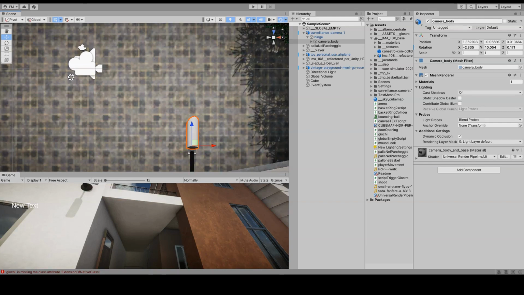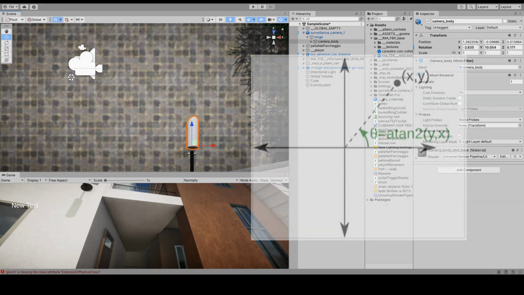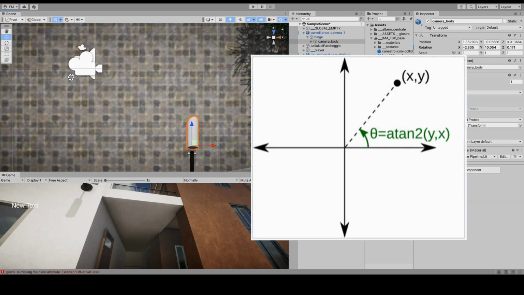There is a mathematical function called the two-argument arctangent, implemented by the Atan2 method in MathF, which calculates precisely this angle by taking, as a parameter, the direction vector, given by the difference between the coordinates of the 2 points. Specifically, Atan2 considers the angle between the x-axis of the Cartesian plane and the direction vector between the origin and the target.